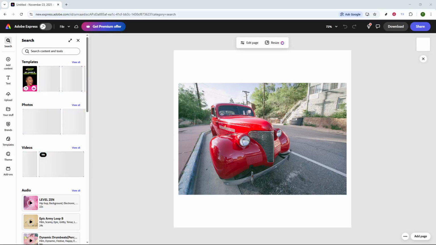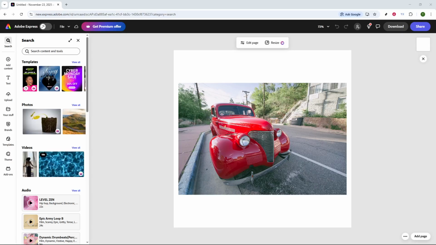In today's video, I'm going to teach you how to animate an image in Adobe Express. We'll take a static photo and give it motion in a clean, controlled way that looks professional and is easy to repeat. Start by opening Adobe Express and loading the project where you want the animation to live, or create